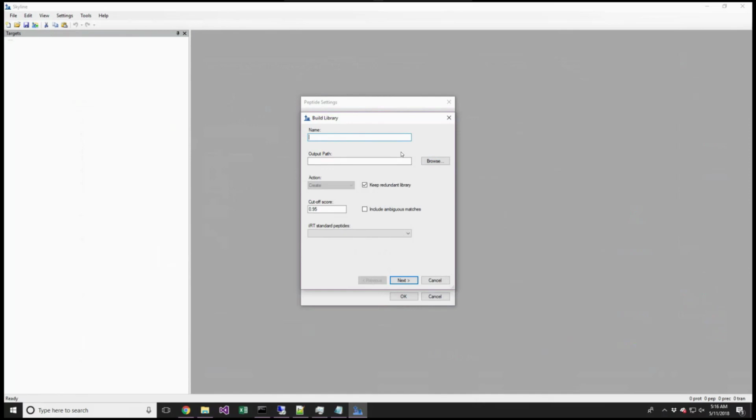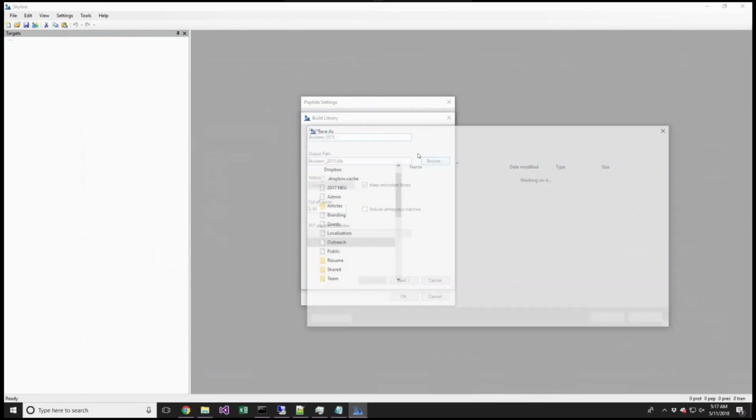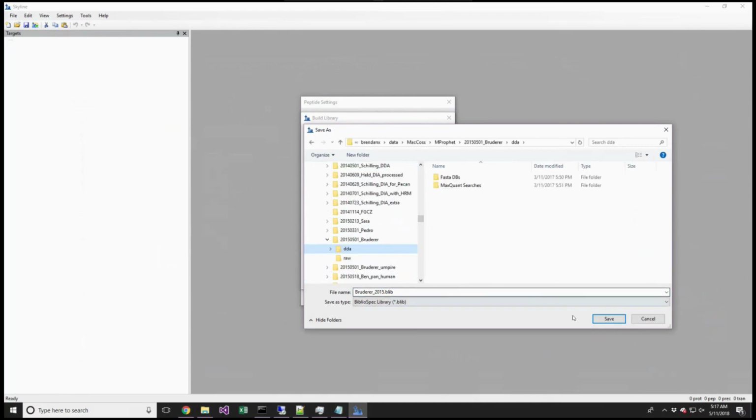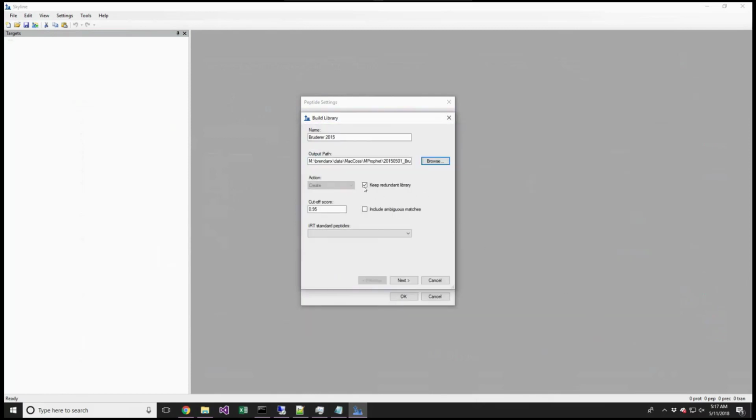and we'll go this way. This is going to be Bruder. I guess we'll just call it Bruder 2015. And we're going to have to actually put it somewhere. So let's actually build it to that folder where I found the MaxQuant results. So there, we're going to build a library in that folder. And we'll keep the redundant library, and we'll have a